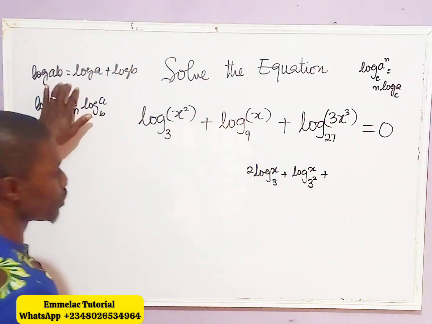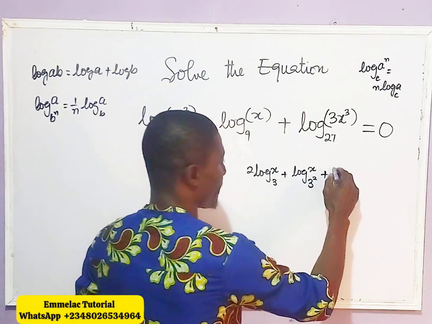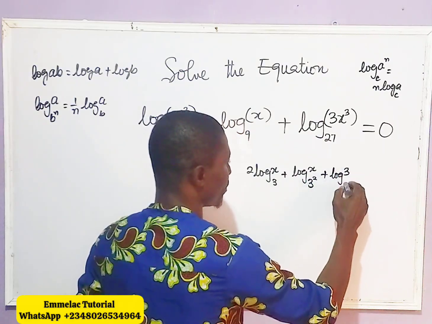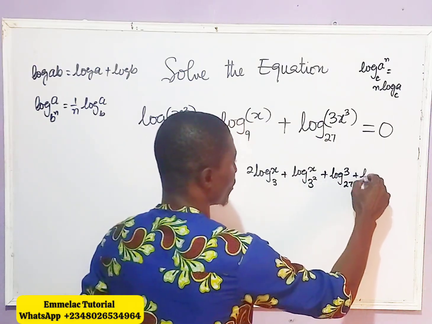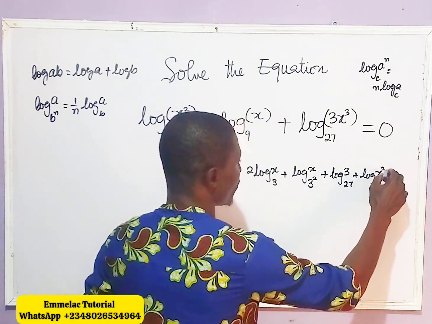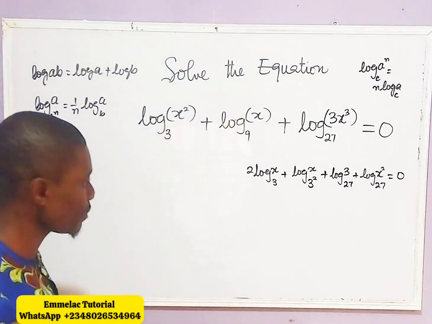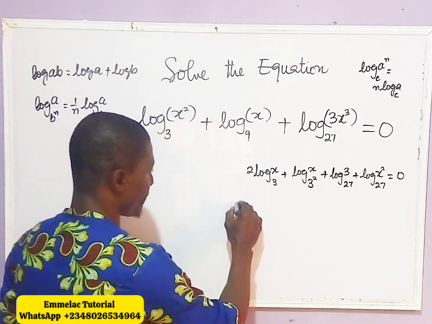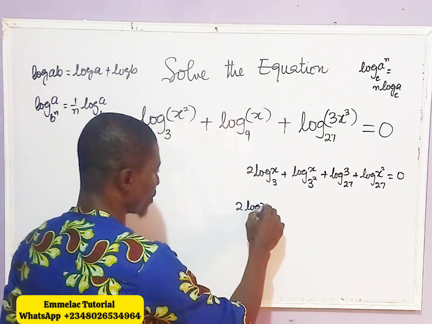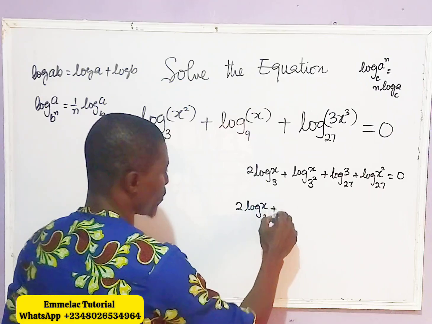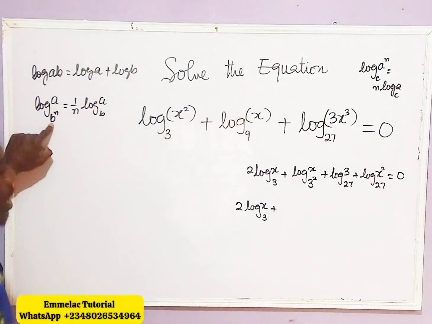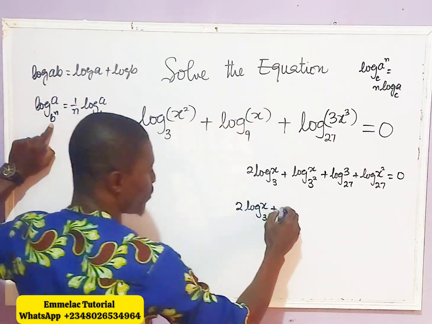Following this rule, we have log 3 base 27, plus log x raised to the power of 2 base 27, all equals to 0. So here we have 2 log x base 3,